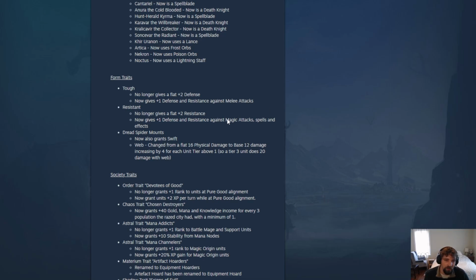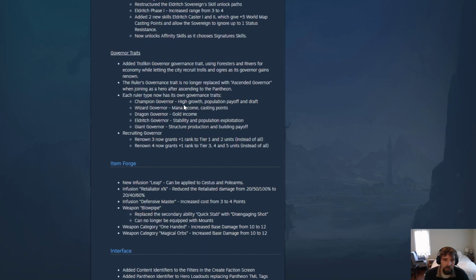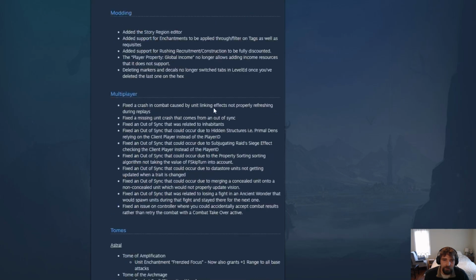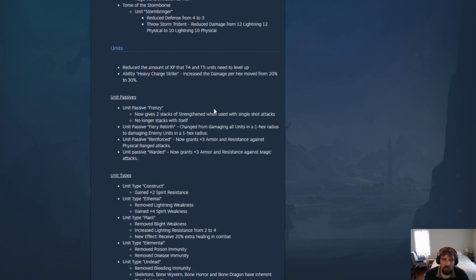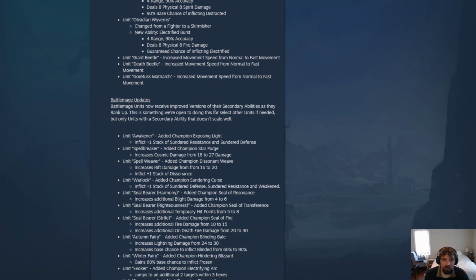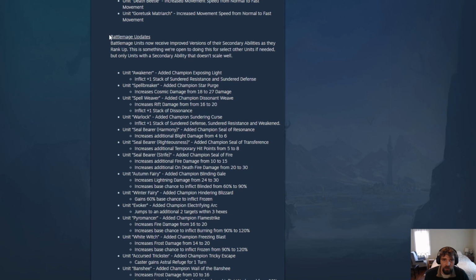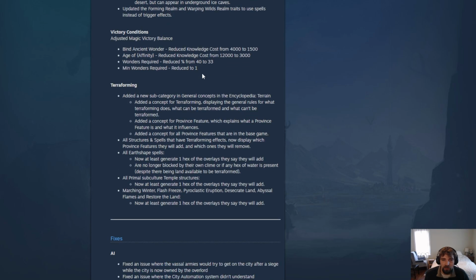Okay, there are a lot of changes in here about society traits and hero skills, but I am seeing the time here and thinking we don't really need to go through each and every last point. I just wanted to highlight some of the main points. But if you feel like there's anything that I missed that's really important, specifically with these battle mages here at the end, please feel free to let me know in the comment